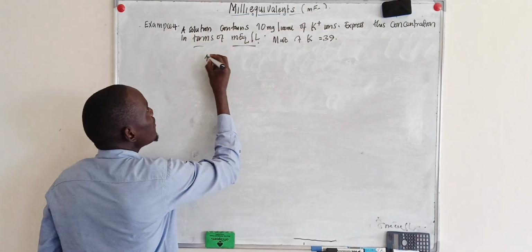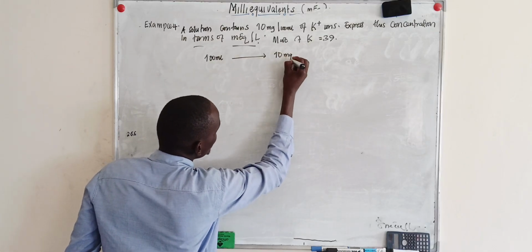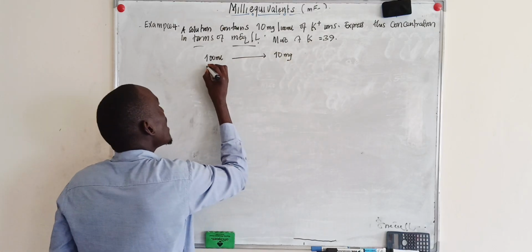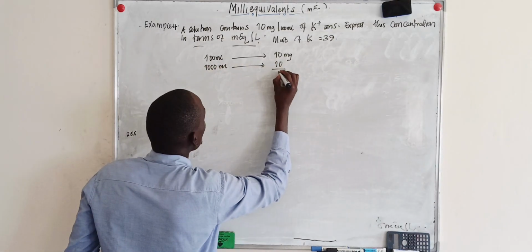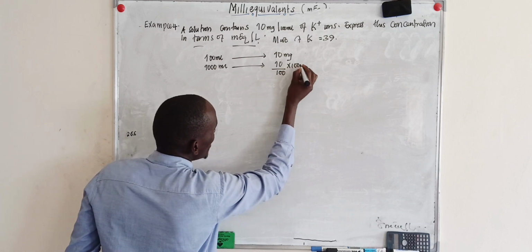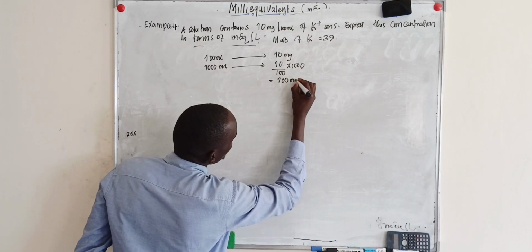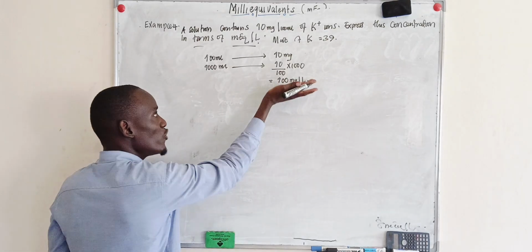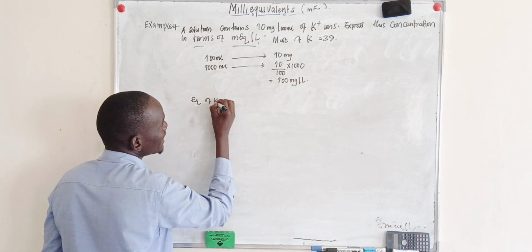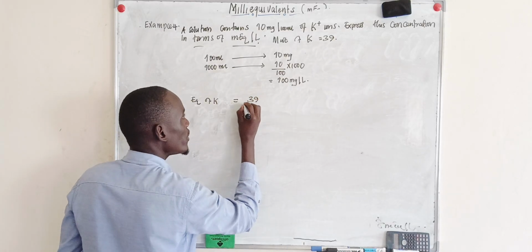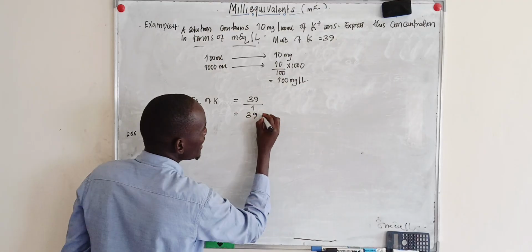So we shall say if 100 mils of the solution contains 10 milligrams of potassium ion, how about the 1000 mils? This will be 10 out of 100 times 1000. When we compute this, we shall get 100 milligrams per liter. So after knowing what is in a liter, we shall get the equivalent weight of potassium, which will be equal to 39. We know that potassium has a valence of 1, so it will give us 39 grams